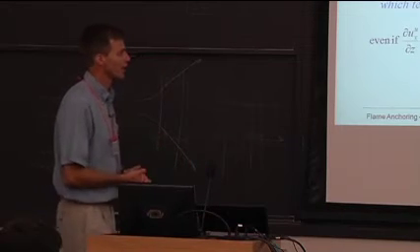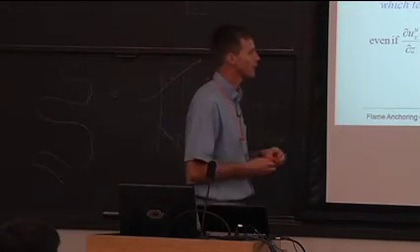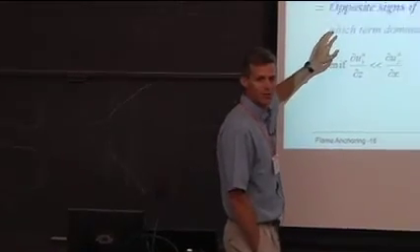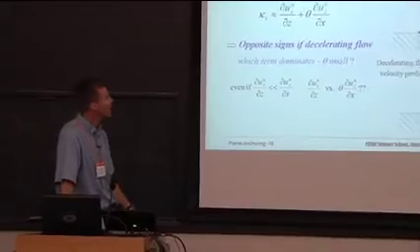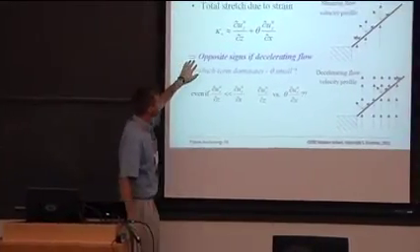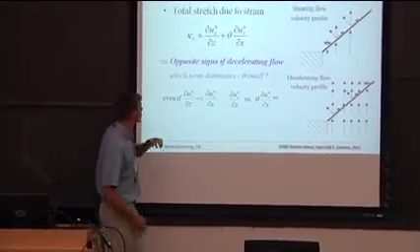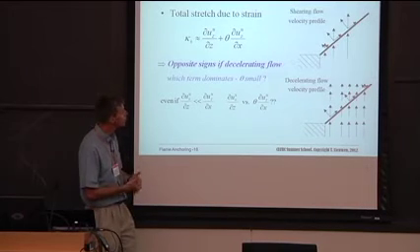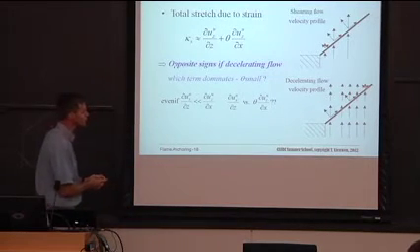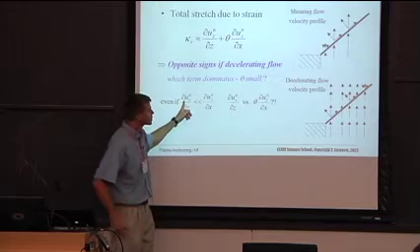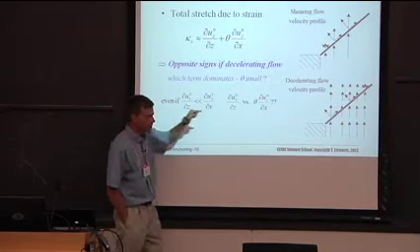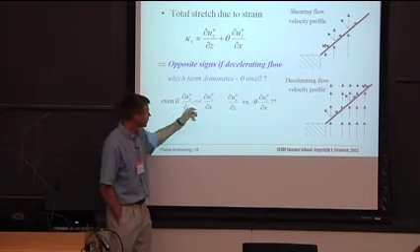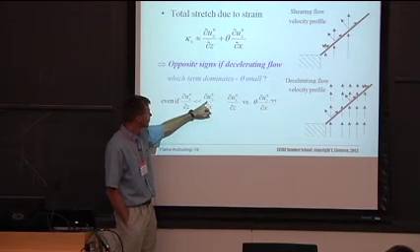So for this reason, I personally despair of ever being able to scale stretch rates in shear layers because of this super duper sensitivity. So you have this opposite sign, and so you start having to ask yourself which term dominates. And I want to show you why this is a very interesting problem. In a shear layer, the shear term, which is du by dz, the gradient of velocity in the radial direction, is going to be much, much